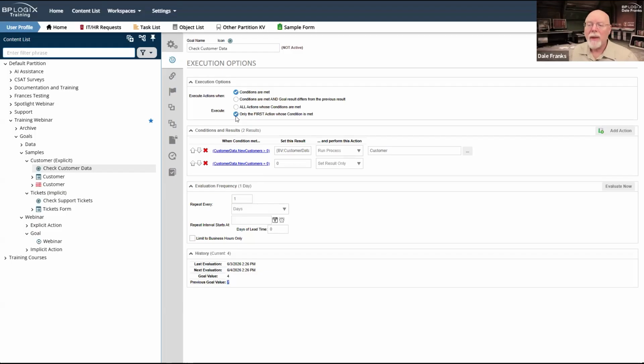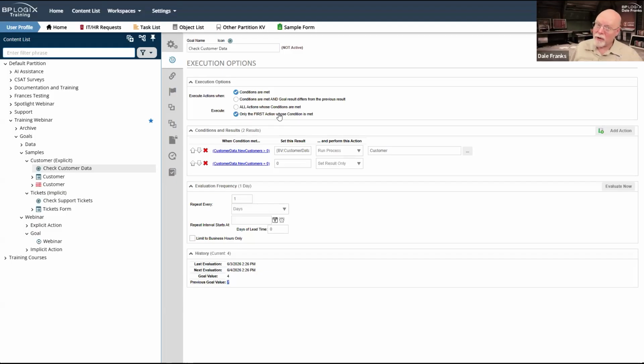I think in most cases, you're setting up a sort of ranked choice voting system with your conditions. Check for this, then check for that, and then check for the other thing. And most of the time you only want one of those things to run. And so therefore you would select only the first action whose condition is met.